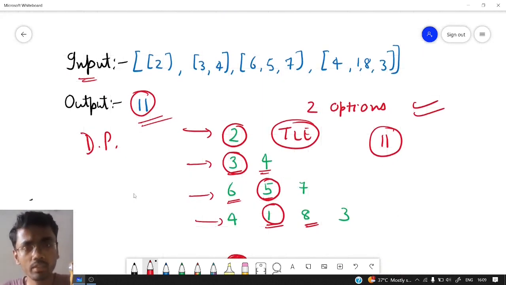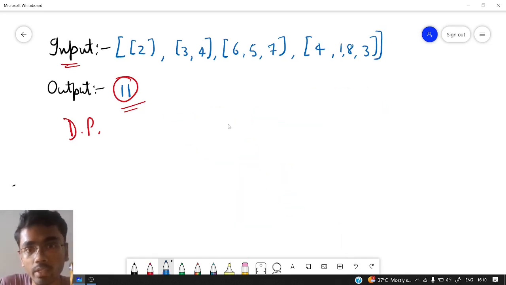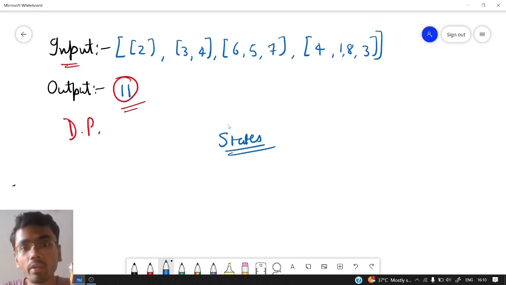So it is clear from now that we will use a DP approach, but in DP also there are two possible things that we need to cover. What are those two things? That is states and transitions. So now we will discuss the states and transitions of the DP. So let us see the first thing, that is the state of a DP. So what does our state depend upon? Our state depends upon the number of changing parameters.